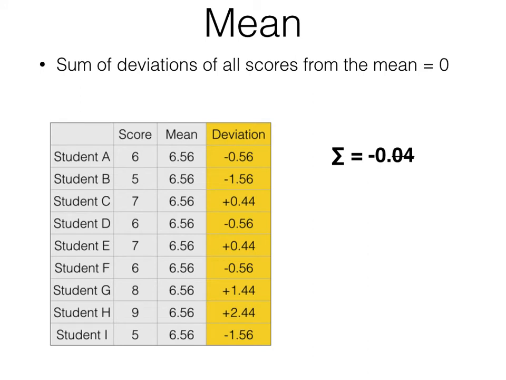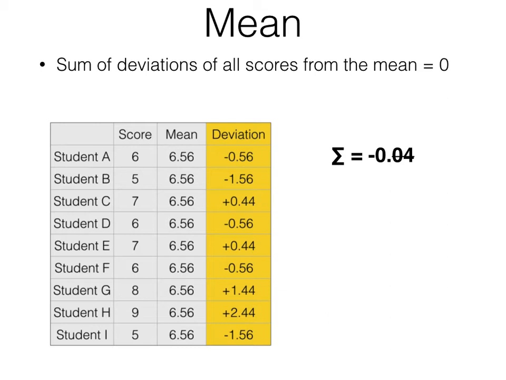When we add together the deviations from each score, so here, what I've done back here, I gave you the deviations. So a score of 6 is 0.56 below the mean. A score of 5, student B's score, is 1.56 below the mean. A score of 7 is 0.44 above the mean. Those are the deviations. When I sum all of those deviations, we end